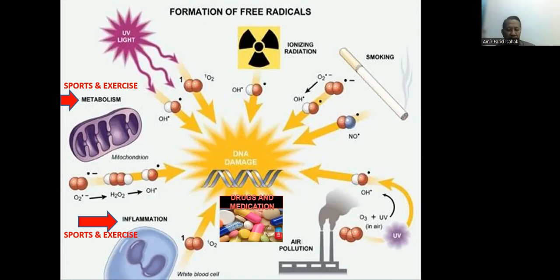If our normal metabolism produces free radicals, then the increased metabolic rates from sports and exercise will produce more free radicals. So all the sources of free radicals include some drugs and medicines that you take,